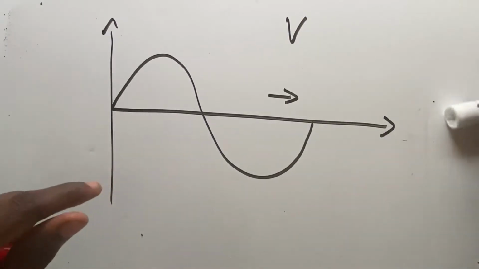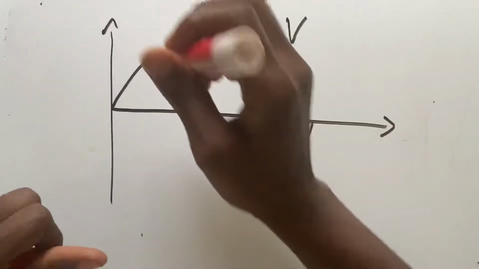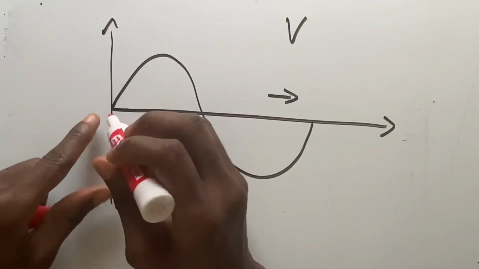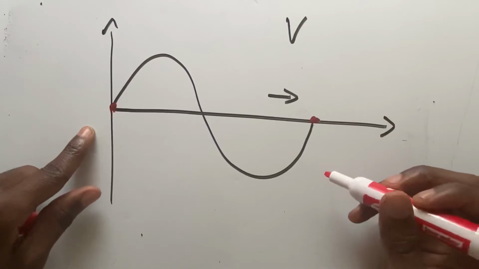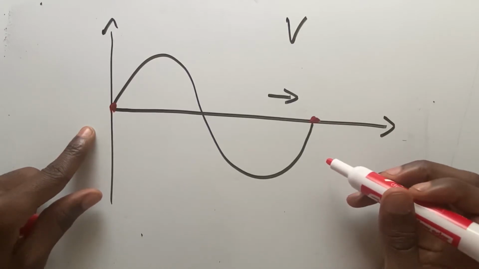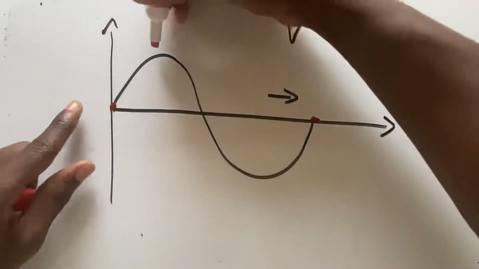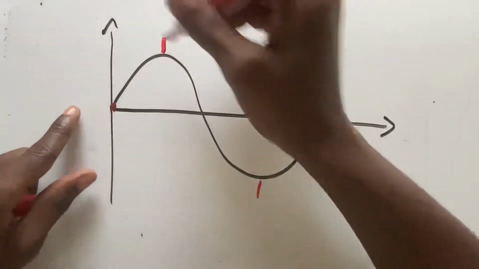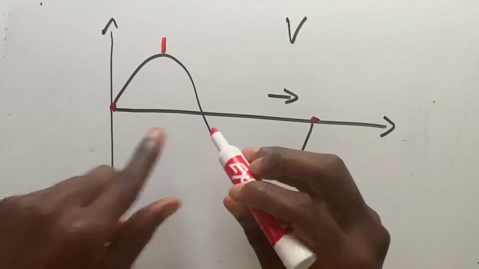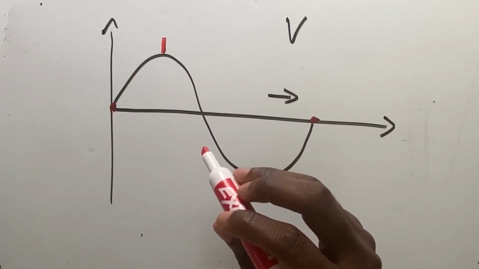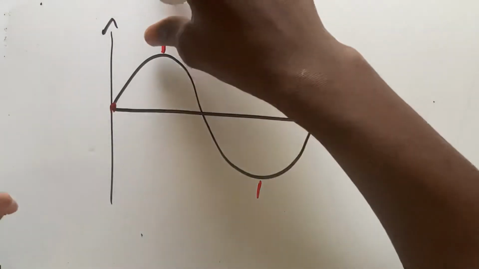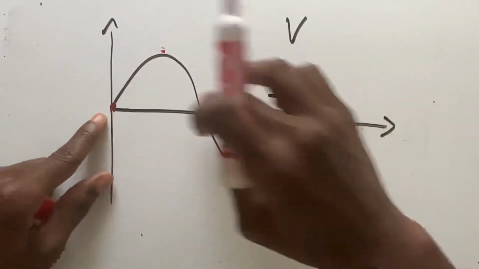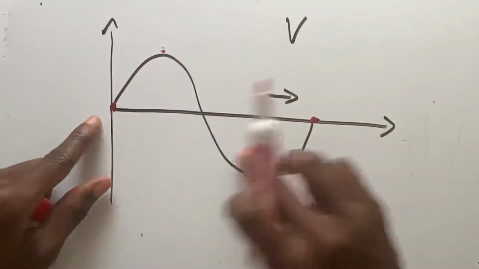This wave also has some wavelength, where the wavelength is basically measured from here to here. So from this point to this point, that's what we call the wavelength. Actually, excuse me, the wavelength is from top to top, or from, actually, no, I had it right the first time. That's not a wavelength. The wavelength is from here to here. Yeah, so once it completes one full cycle, that's one wavelength.